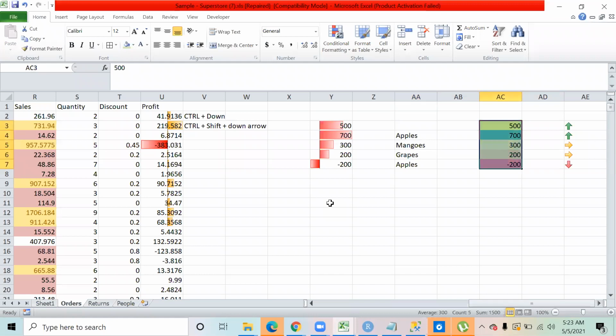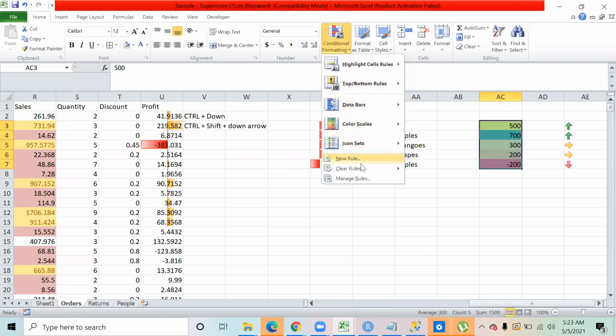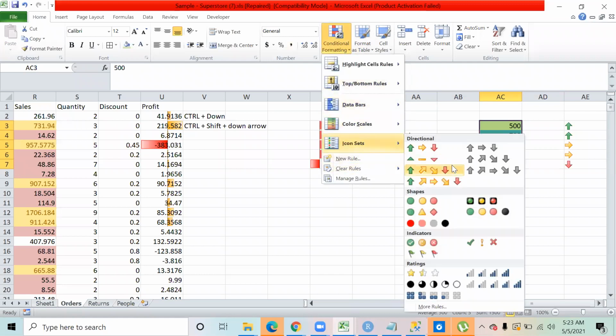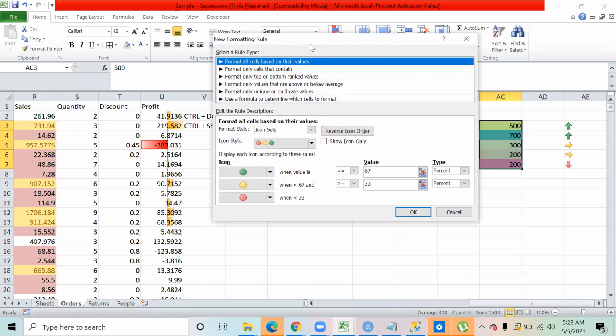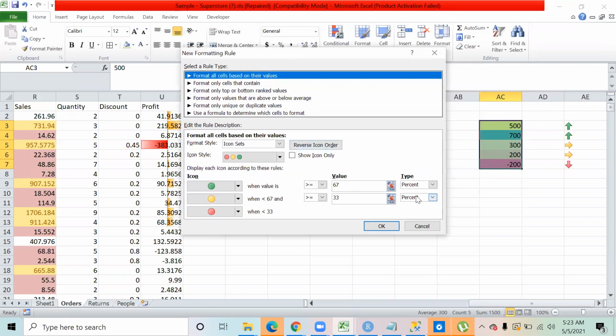Basically it uses the average data over here, more than average and below average. That is how it puts it. Okay, so here the average would be around 300. So why are 200 and 300 treated in the same way? Basically, you see right now over here, this is how these arrows or the color gradients are selected. When values are more than 67%, between 67 and 33%, and less than 33% of the data, that is how the color schemes come up.